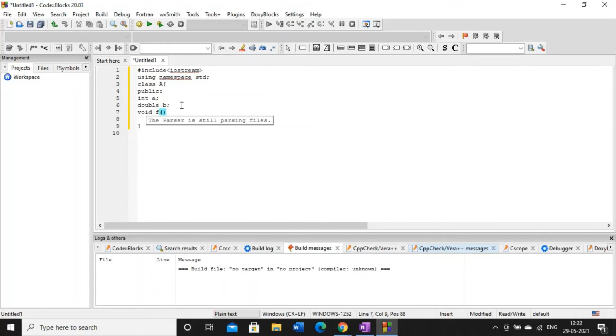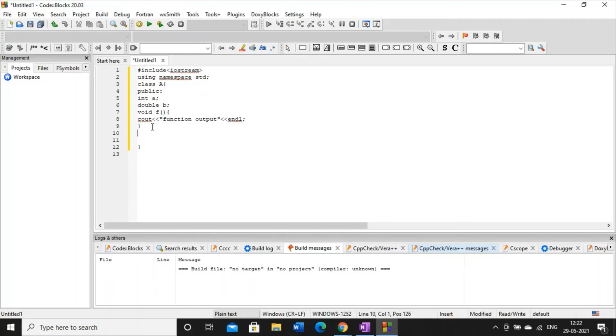So in that case, we know what we can do inside the function: we can write any printing statement, that is cout, then within double quotes, and then say endl, meaning next line. This is one kind of function that I am defining.